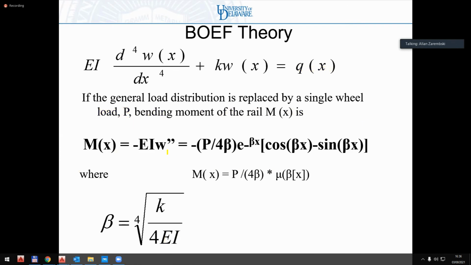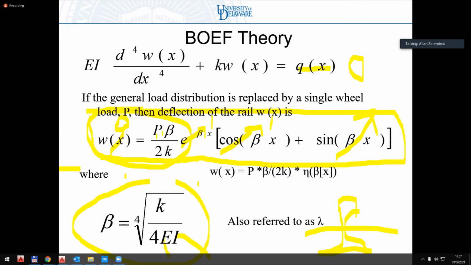I can also calculate my moment, which I'm going to need if I want to calculate stresses, right? So the moment, if you remember correctly, is nothing more than EI times the second derivative of W. For those of you who are not familiar with that term, W double prime is the second derivative. And if you go back and take the second derivative of this and solve for it,